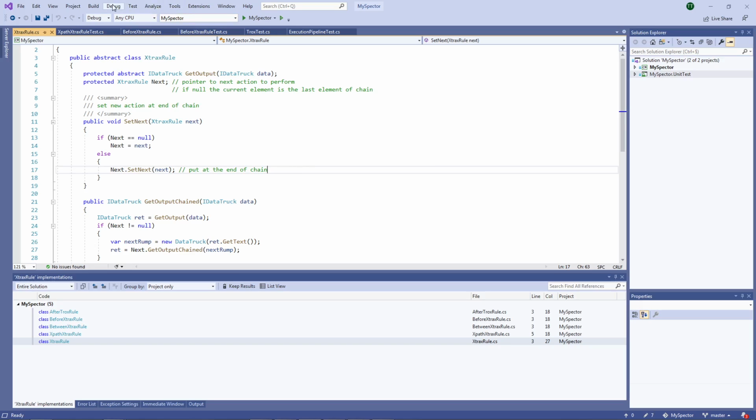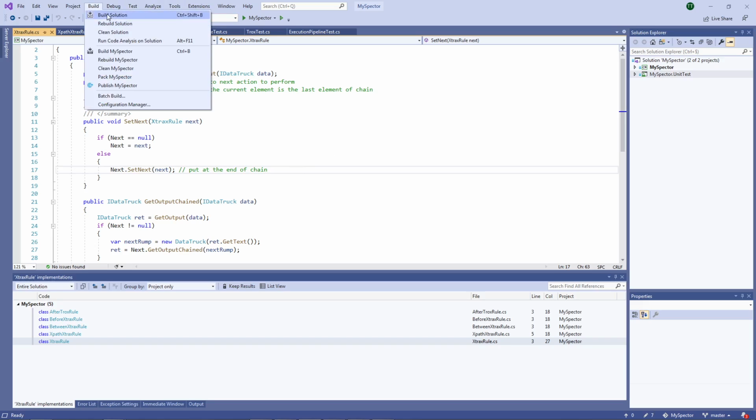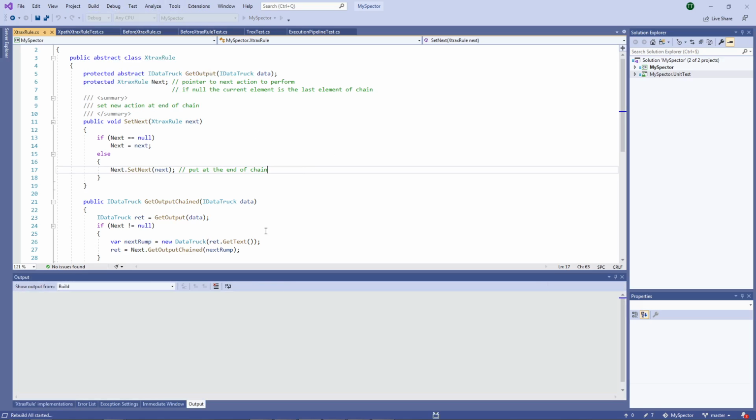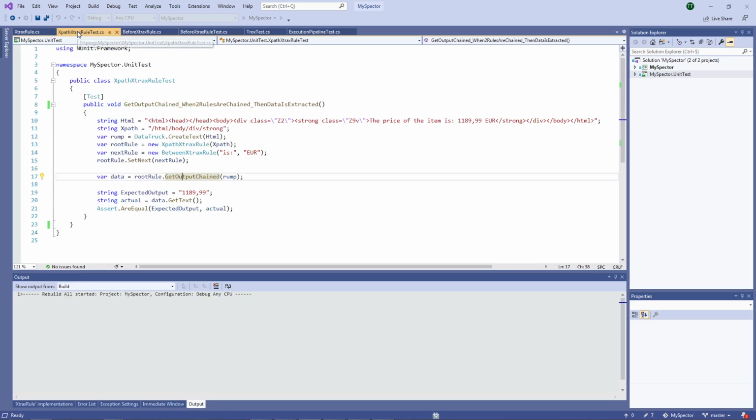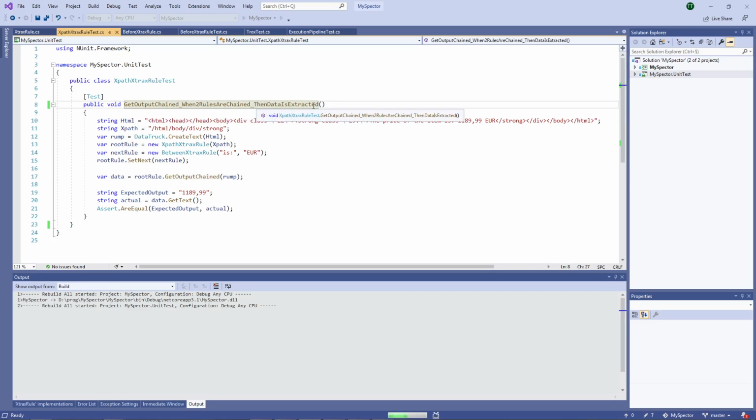I will just rebuild the solution and give you an illustration of the test. So this is get output chained. When two rules are chained, then data is extracted.